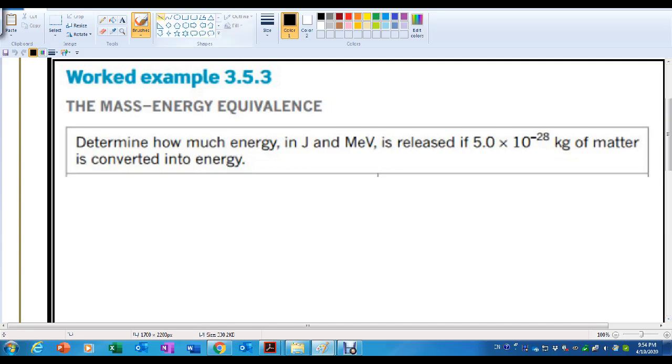So how much energy in joule or megaelectronvolt is released if that amount of matter is converted into energy? That means you need to convert mass into energy, right? So we're going to use